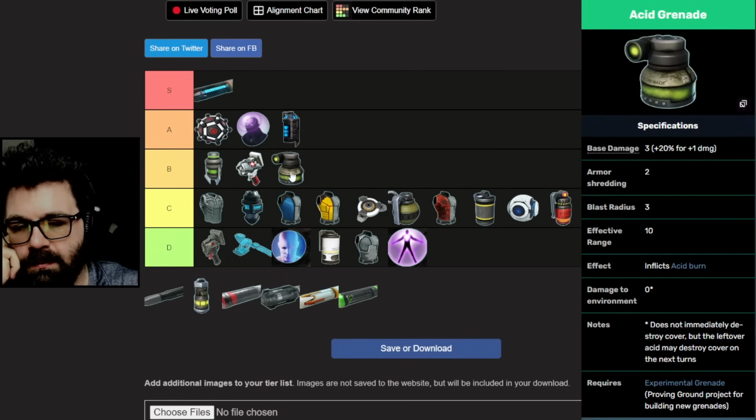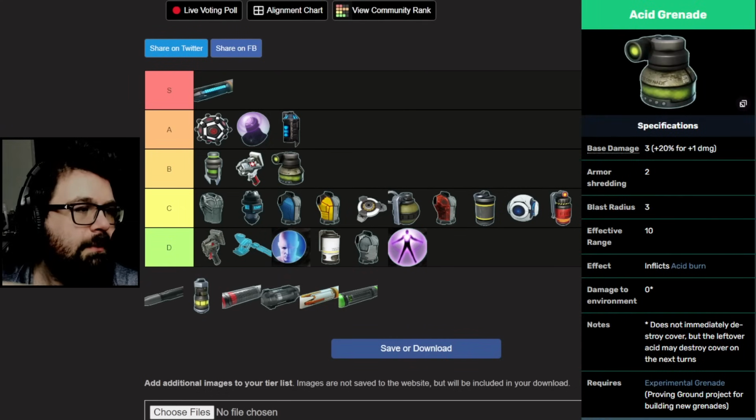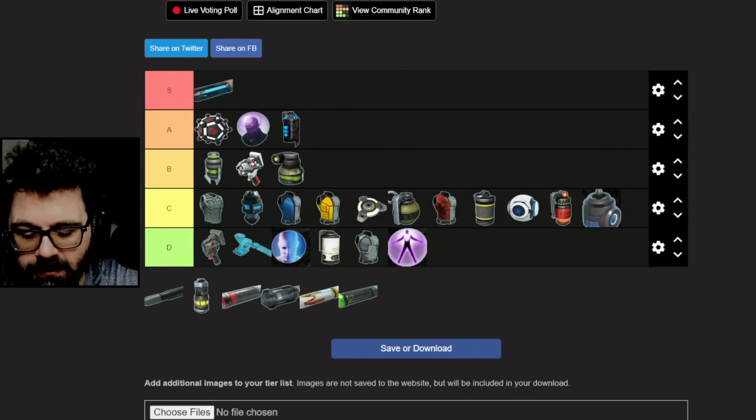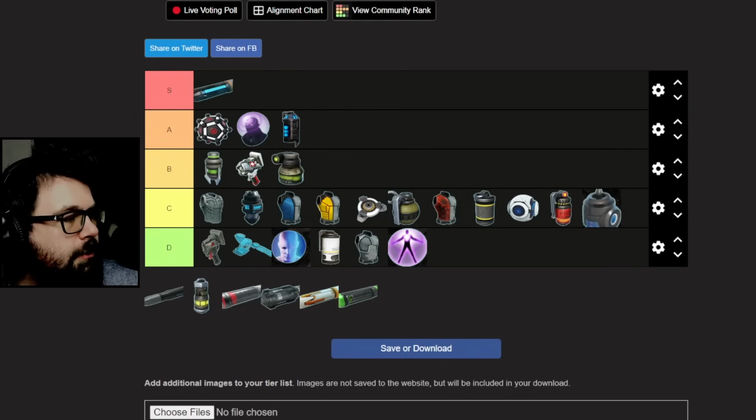Acid Bomb, I would talk about a good one. Acid Bomb is really good. Isn't it basically the same damage as plasma? I think it might be. I think it's just the additional shred and the acid burn. 2 armor shredding. Base damage 3 to 4. Same as frag. So not same as plasma, until it's upgraded, I'm sure. Flicks acid burn. I'm going to look at acid burn, because I feel like acid burn rolls pretty high. It still says 1 to 3. I felt like I've seen acid burn roll 4 before,